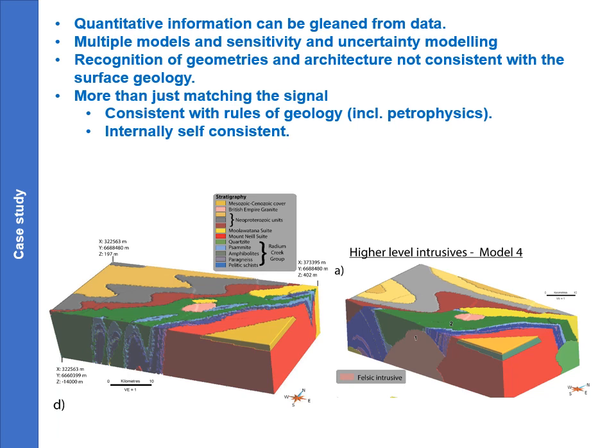So in summary for this one, quantitative information was gleaned from the data, and the process involved basically the construction of multiple models after the initial a priori model was constructed and then tested, and the sensitivities and the uncertainties of the models were assessed in sequence. And that led to the process where one or more of the models were actually rejected in favour of a particular model or three-dimensional model.